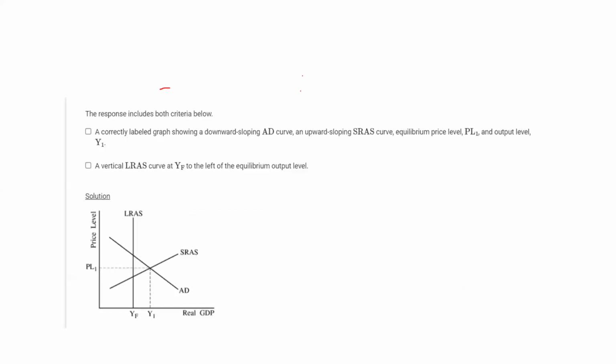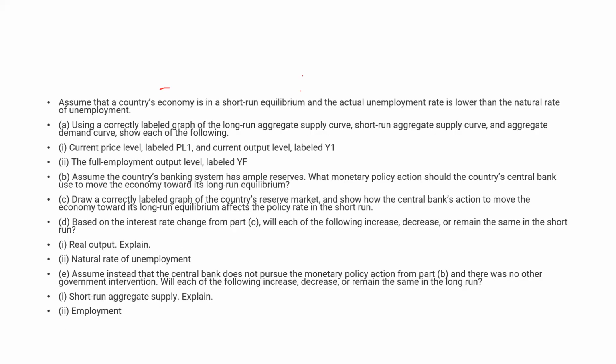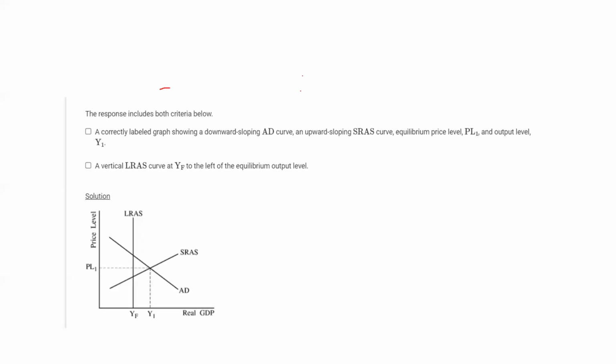All right. If we look at A and B, there is your graph. Assume the economy is and the actual unemployment rate is lower. So if it's lower, I'm going to be to the right of the LRAS. Remember, real GDP, employment, and income are all going in the same direction. So Y1 employment is higher, so unemployment is lower. So I've got a point for SRAS, AD, price level, real GDP, and a point for the LRAS to be